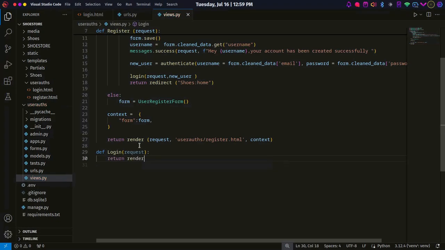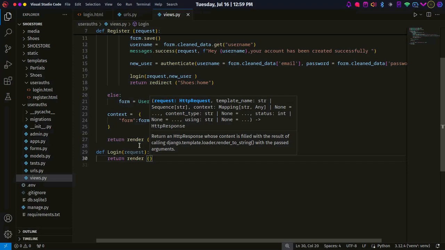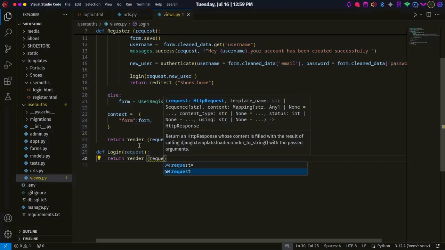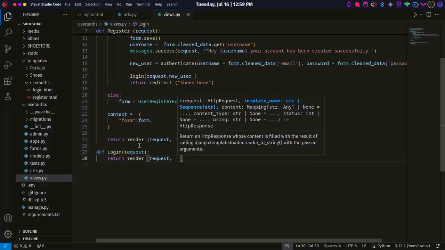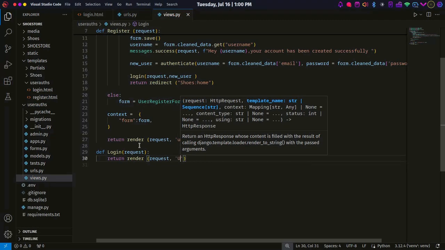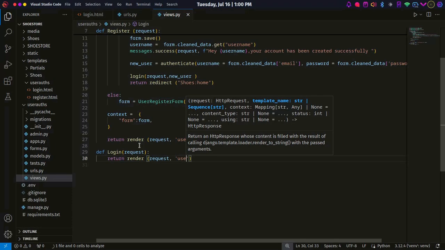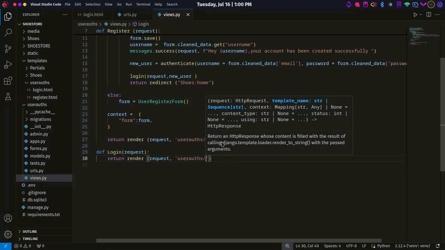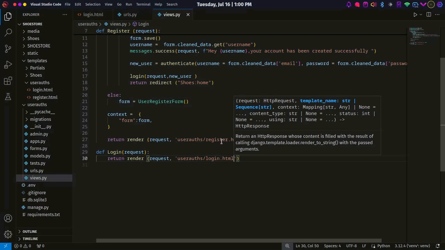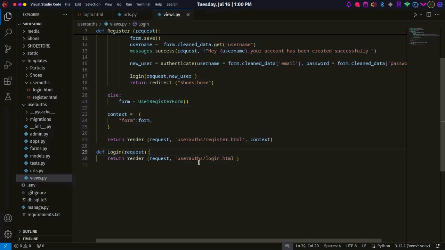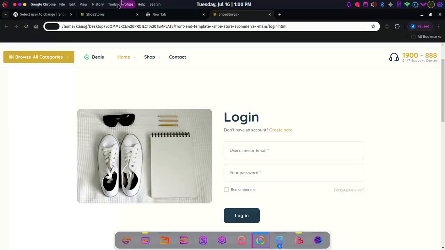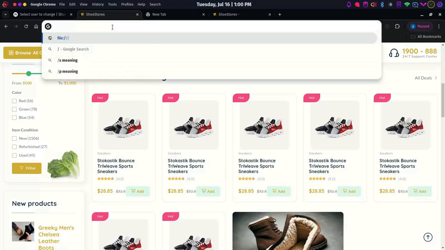The first thing we do is we pass the request, then the path to our HTML, it's at user auth, this folder, slash login.html. Like that. So let's see whether this page will be loaded. So we just have to navigate to login, this user login,